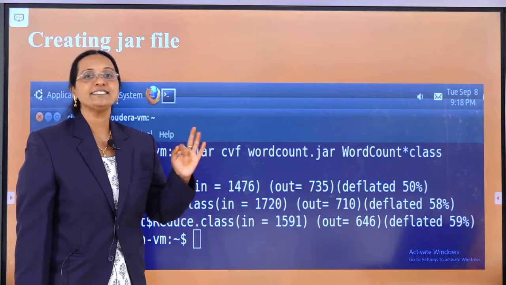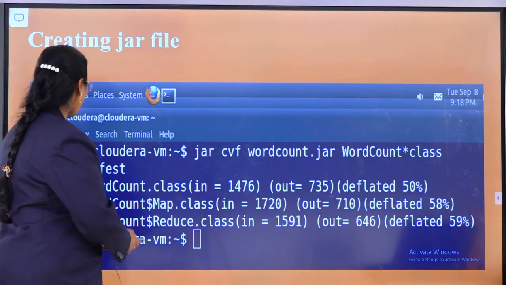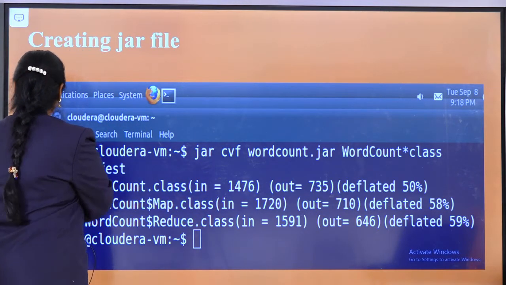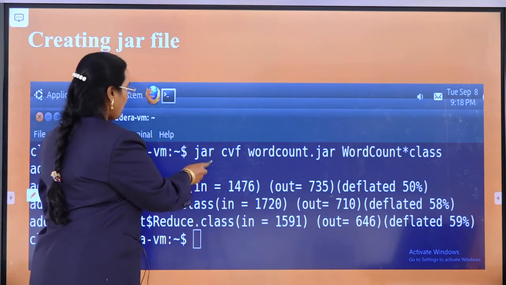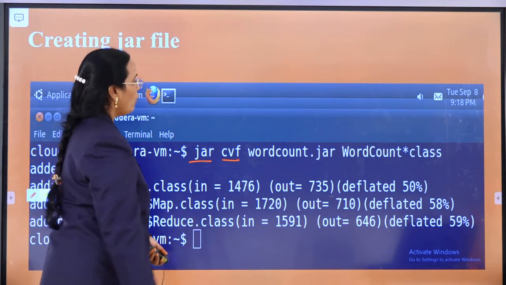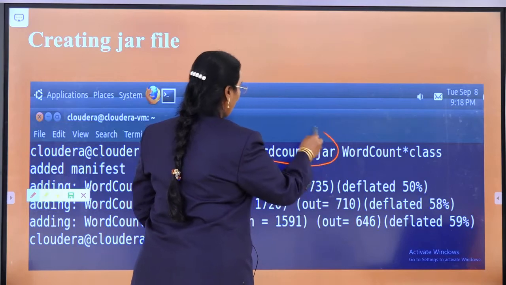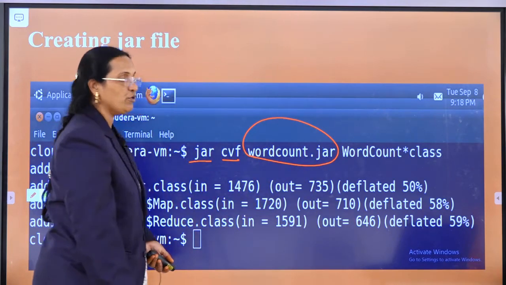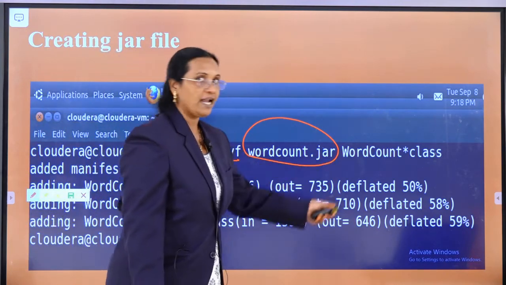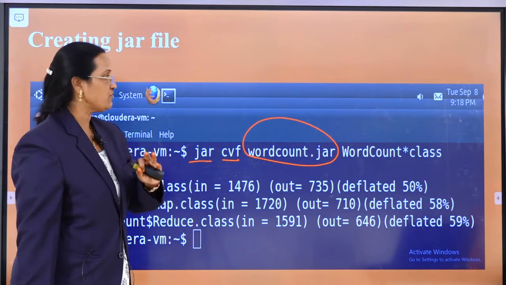So we need to create a jar file. How are we going to create a jar file? jar cvf WordCount.jar. This is my jar file name; whatever jar file name you want, you can give it. Then WordCount*.class, since we have 3 class files.